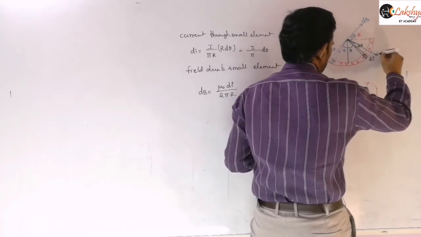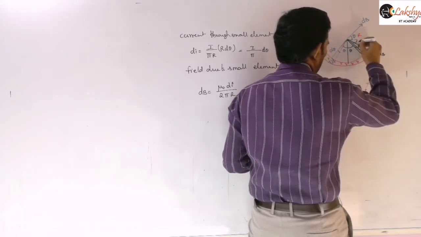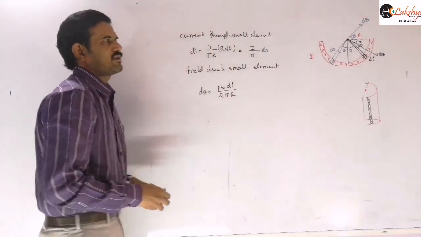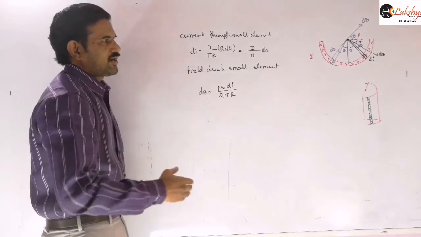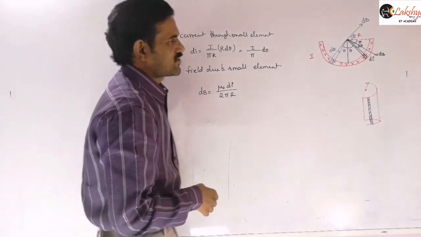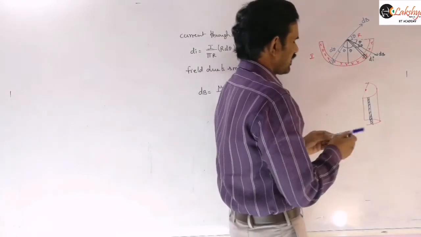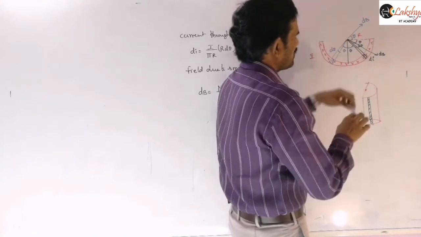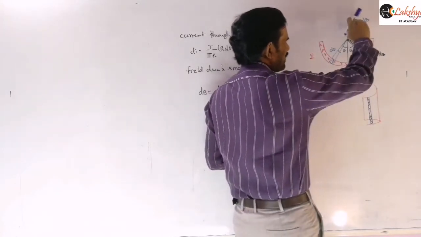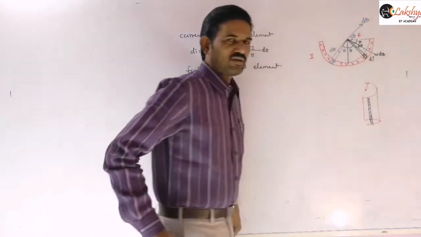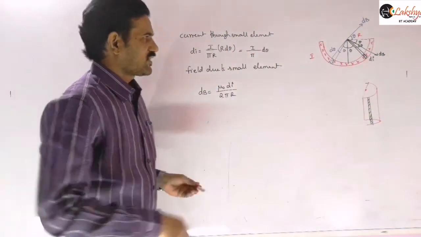I can represent this as our dB vector here. So it makes an angle of theta with this horizontal, right? So that will be the magnetic field there. And now you can decide the resultant magnetic field. The resultant magnetic field is in which direction there? The vertical components will be cancelled here. dB will be along this direction and dB will be along this direction. So now the dB sin theta component will be there in the upward direction and the dB cos theta component will be there in the downward direction. And so both will cancel with each other here.